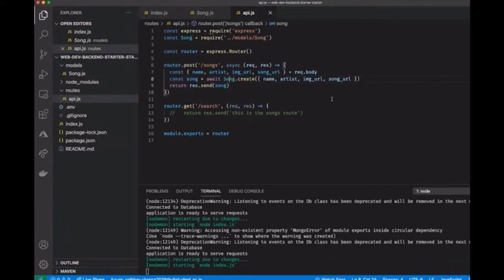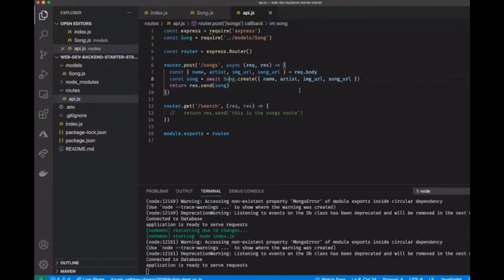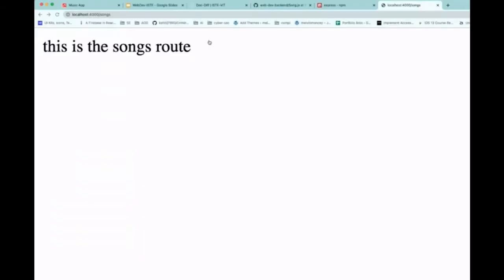Let's see if this request works. Now see, the problem is that whatever you type in this URL bar in the browser, this Chrome, is a get request. Everything you do in the browser search bar is a get request, but there are many different kinds of requests that you can do. To be able to do all of those, you need something more powerful than a browser. And that's where Postman comes in.